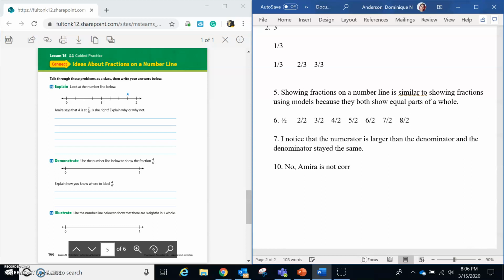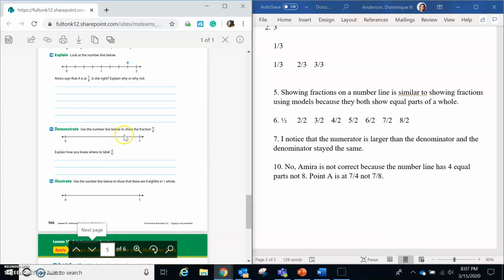So I'm going to put no. Amira is not correct because the number line has 4 equal parts, not 8. Point A is at 7/4, not 7/8. Good job, guys. Now,